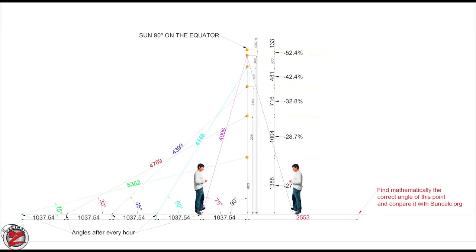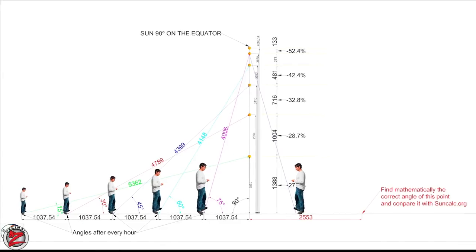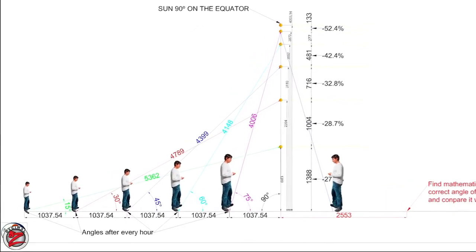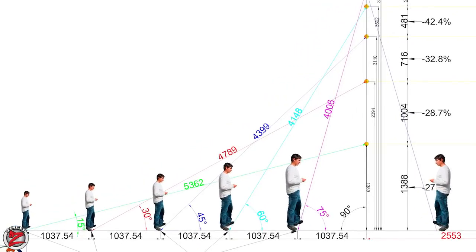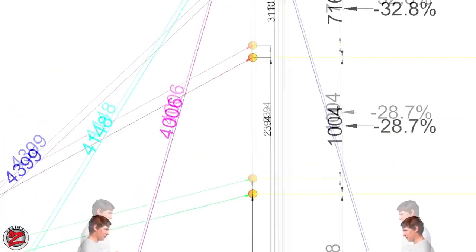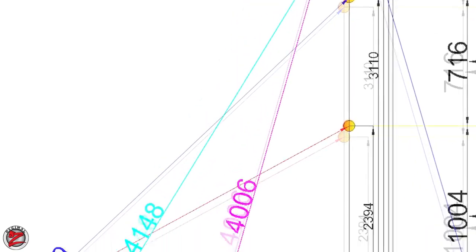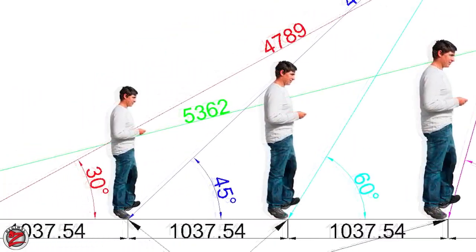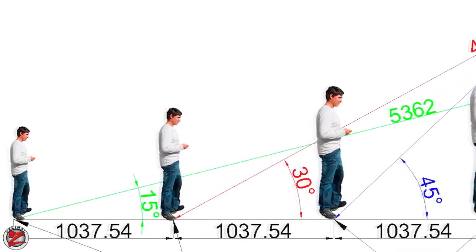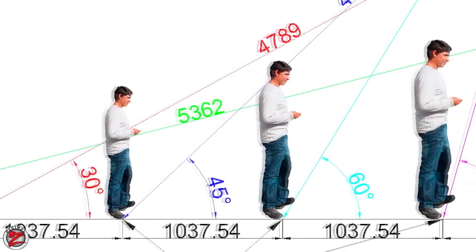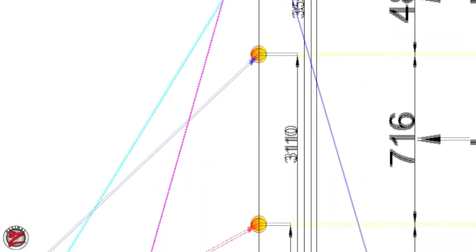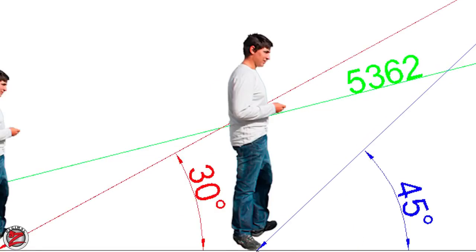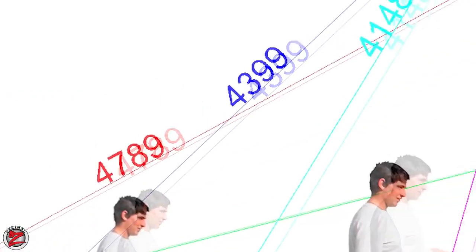So, if you want to do the same experiments with more people at the same time, but from other positions on Earth that are on the same line, they won't get the same results. And there is the problem. You and your friend will get the same distance as before, but the other people who are further away from each other will get smaller distances to the sun, even if they are all doing the experiments at the same time. The altitude of the sun will be lower for the second person, and for the third, it will be even lower, and so on and so forth.